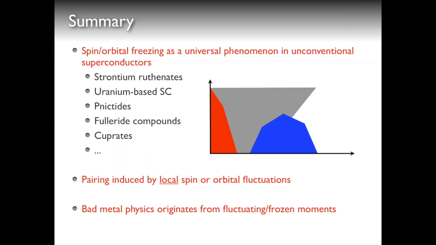Yeah, nice talk, Philipp. I just have a generic question. For your scenario of spin freezing, is the square root of omega behavior essential, or is it sufficient to just have strong spin fluctuations? The reason I'm asking is we didn't find the square root of omega, and in the real frequency analysis, we can go to much lower energy scales than I think you were able to access. So it's just a quantitative question. Is the square root of omega essential in any way, or can one relinquish that and come to similar conclusions?